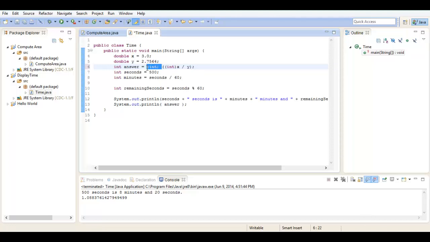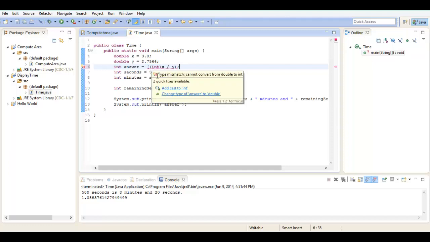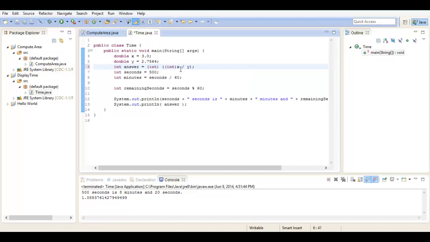Oh, sorry. You have to put the entire expression in parentheses. Why is it wrong? Add cast to integer. So a cast, let's just make this an integer so it doesn't be stupid. A cast basically tells the computer, take what you just did and make it, okay, that's weird. Anyway, and make it,